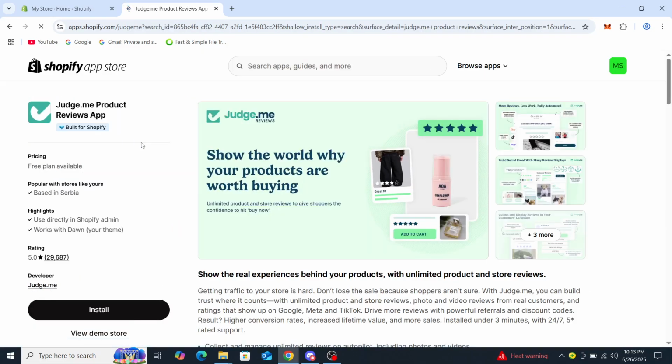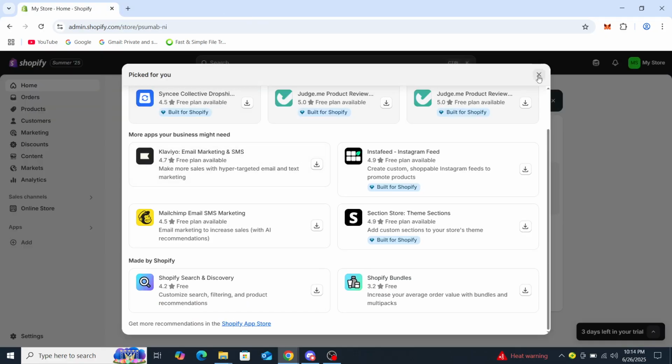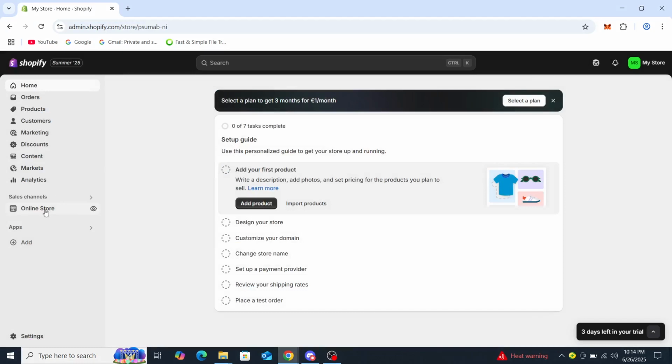Click on this. You can see there's a lot of downloads already, and you can see the option to install. Click on the install. You can even see the demo in store. It will look something like this. Once you click on install, you're going to be taken back to this option, and from there go to your